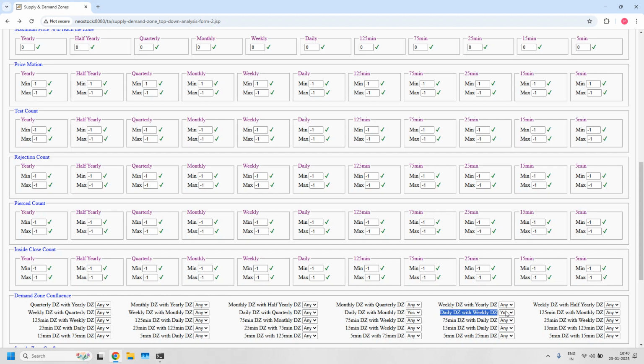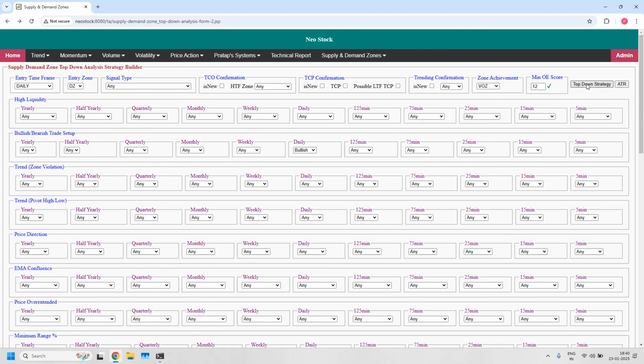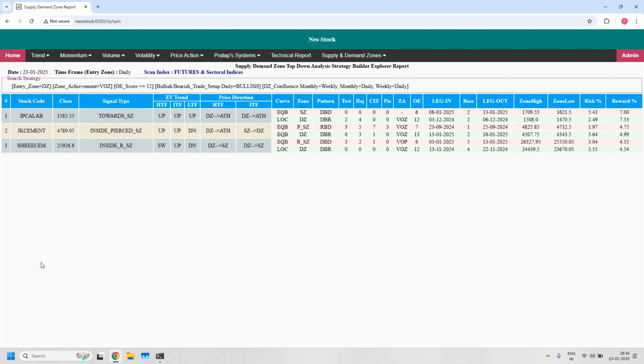Third filter, daily demand zone with weekly demand zone confluence. There is one more, weekly demand zone with monthly demand zone confluence. With all the 3 filters, LTF, ITF, HTF demand zone confluence, that is daily, weekly, monthly demand zone confluence,